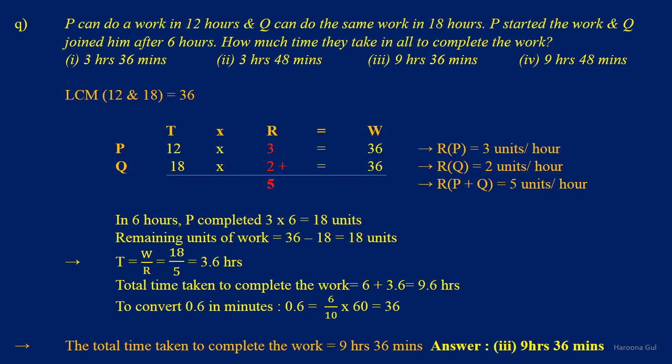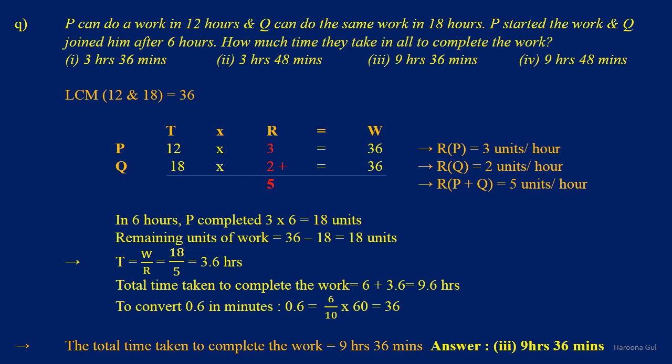Now the remaining units of work would be 36 minus 18, which is equal to 18 units, and the time taken by both P and Q to complete the remaining work would be 18 over 5, which is equal to 3.6 hours. Therefore, the total time taken to complete the work would be 6 plus 3.6,